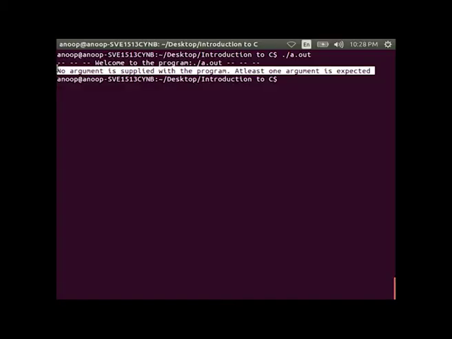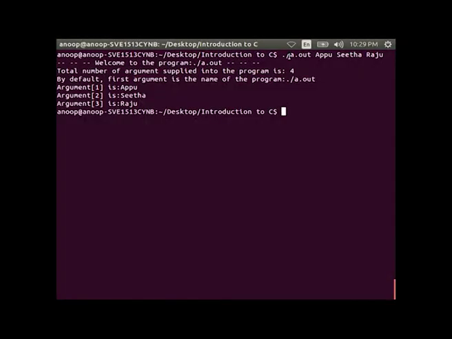We use the dot slash cmdline command to execute the program. The output is shown on the screen. You can see the output as: welcome to the program. No argument is supplied with the program, at least one argument is expected.